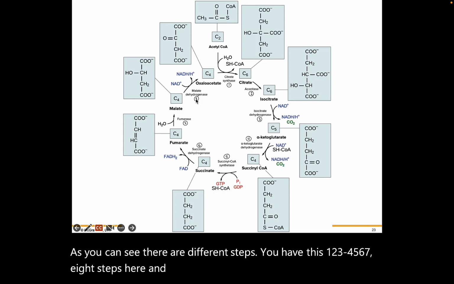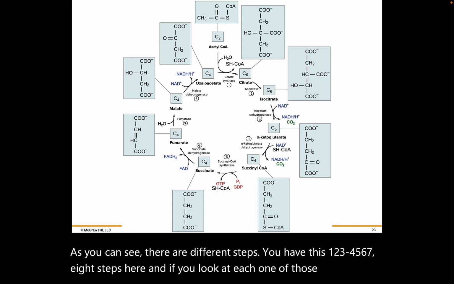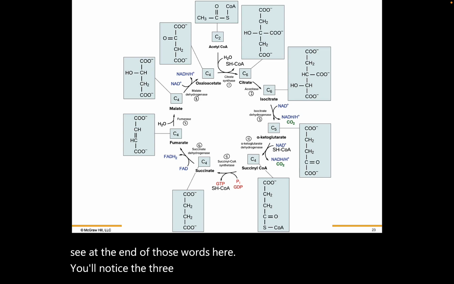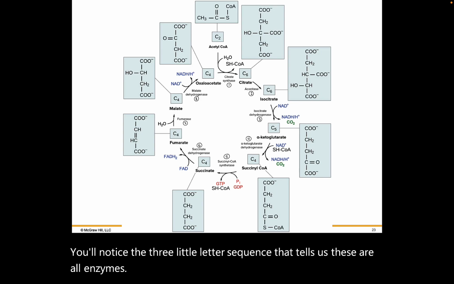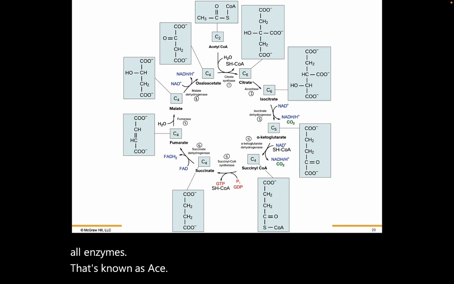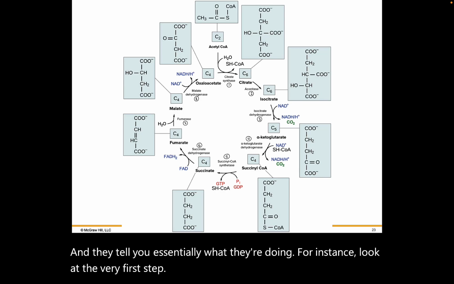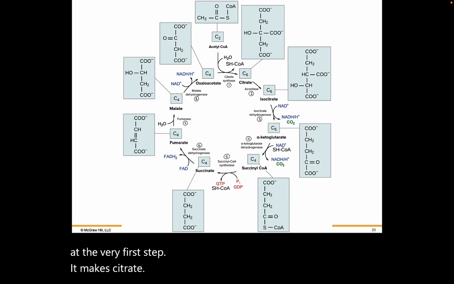And if you look at each one of those steps, you'll see at the end of those words here, you'll notice the 3 little letter sequence that tells us these are all enzymes. That's known as ASE. And they tell you essentially what they're doing. For instance, look at the very first step. It makes citrate. So it's called citrate synthase because that's what it's doing,